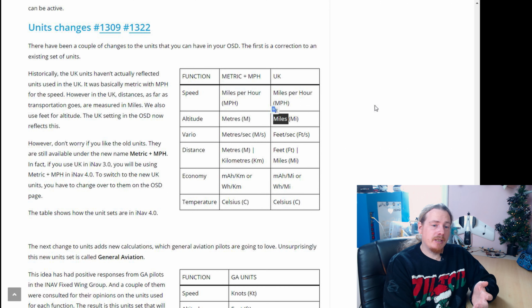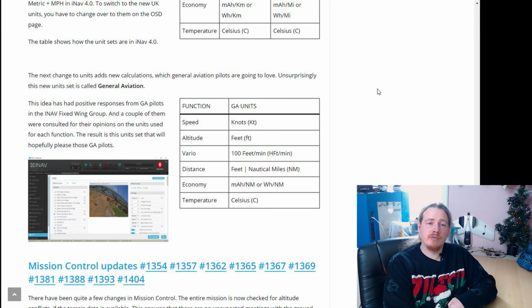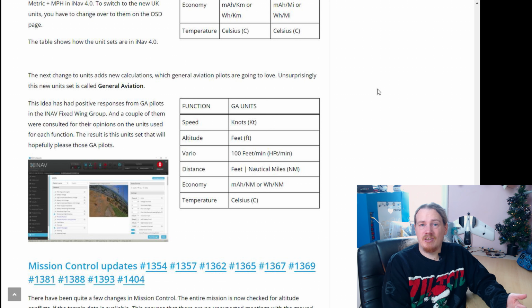In the same respect, a new set of units has been created for general aviation users. And this is something that was requested as well. So before implementing this, I actually spoke with a few general aviation pilots to see what type of units they used. And they either used SI, which is metric, or they would use units like this. So they have speed in knots, we have altitude in feet, we have the variometer in 100 feet per minute, and we have the distance